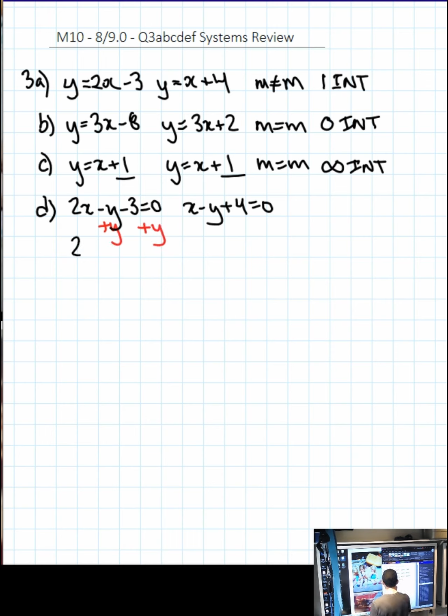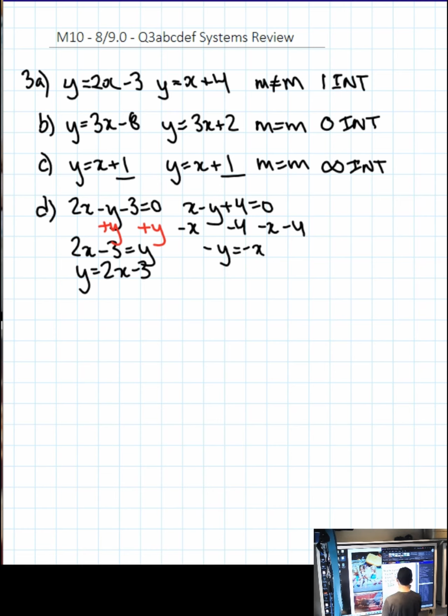Then I'm going to say 2x minus 3 equals y. Then I'm going to mirror it. Y equals 2x minus 3. In the equation on the right, I'm going to subtract x and subtract 4 from both sides. And I get negative y equals negative x